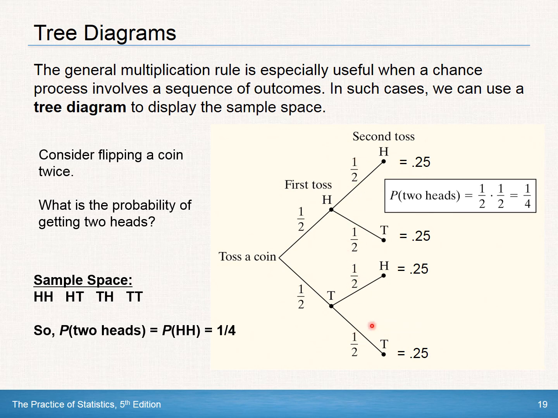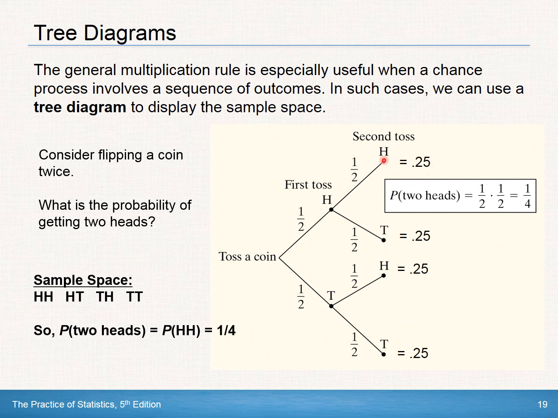Now, what is this 0.25 at the end of the branches? Where does that come from? That is multiplying across the branches. Now, we're assuming that these are all independent because when you flip a coin the second time, it's not going to change. It's not based on the first one. So notice I did 1/2 times 1/2 to get the end of the branches, and that represents the probability of